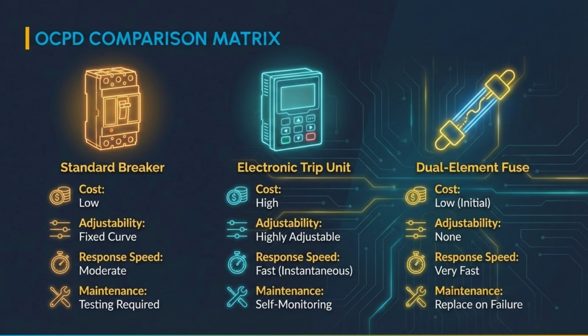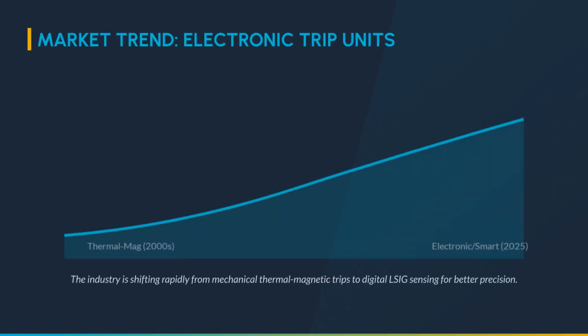Comparing OCPD types, standard breakers are low cost but have fixed curves. Electronic trip units are highly adjustable with fast response times. Dual-element fuses offer the fastest response speed but have no adjustability and must be replaced after a fault. The market trend is clearly moving toward electronic trip units. The industry is rapidly shifting from mechanical thermal magnetic trips to digital LSIG sensing for superior precision and reliability in